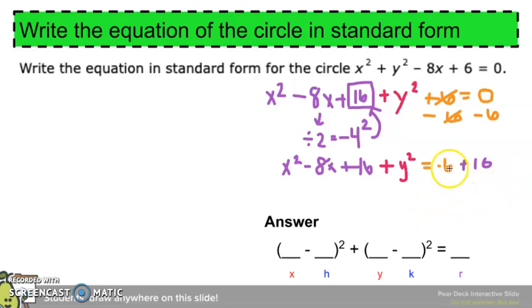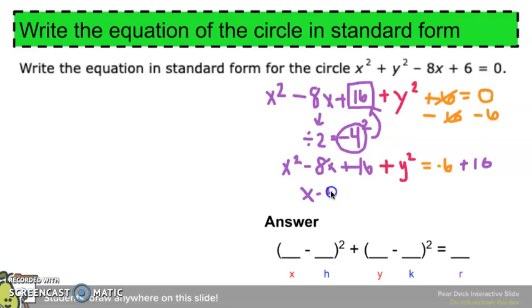Now I can combine like terms on the right. My y squared is done, and I need to put what this is when I factor it as a perfect square trinomial. And so remember that to find the factors of this, it would just be what it was originally. It'd be x, it's actually this number right here. So whatever that was divided by 2. So it's going to be x minus 4